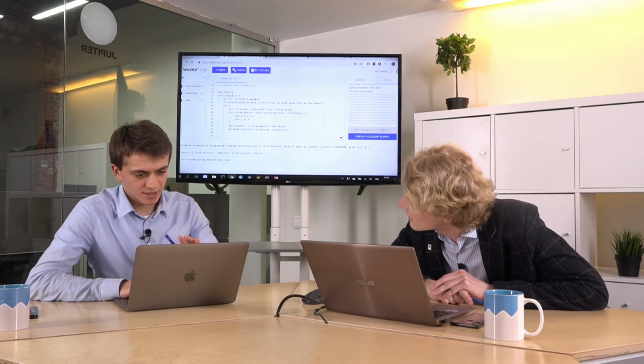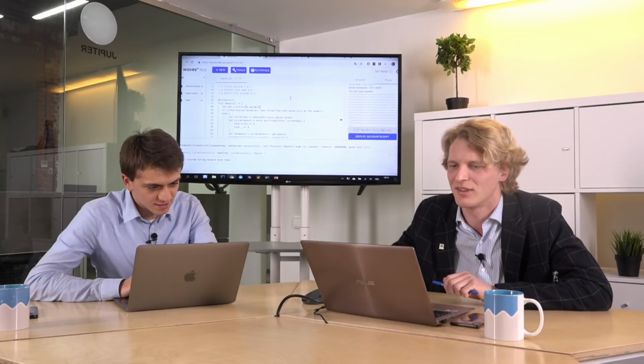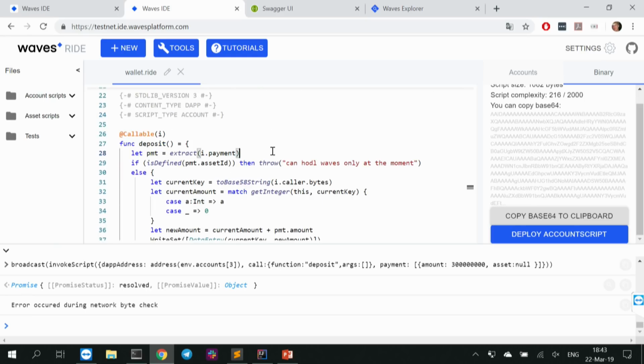Okay, can I ask you, there are 3 lines on top of the function. What is it? There are 3 declarations as far as I see. It's something that we had for a long time, but we didn't use it because it wasn't necessary. But now we have a new type of script, not only expression but DApp.